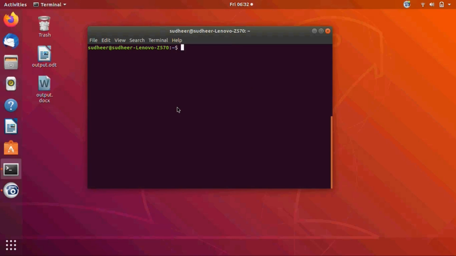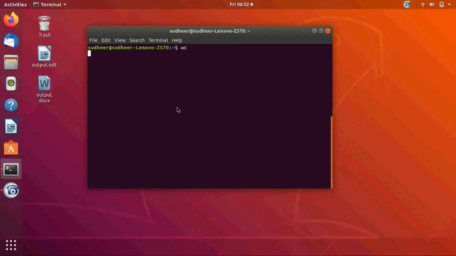Next is the standard input. For the standard input, the first source is the terminal, that is, the keyboard. Using a keyboard, the user can give the input. For that, I'll use the command wc to count the words, lines and characters.